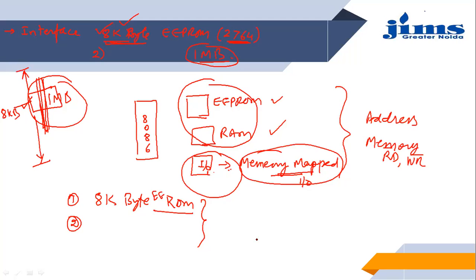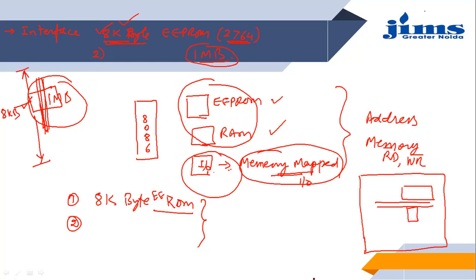This is similar to having a colony or a sector area. If I say that in this sector I want a house at a location with a wide road and a park in front of me, I want to know this address, in which belt this particular plot belongs to. So out of the total address space, where do I want to have my memory device?